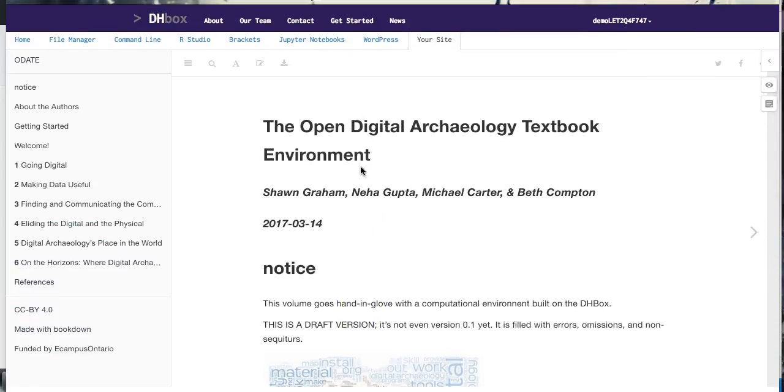And what we have here is a demonstration of the integration of the textbook with the virtual machine that runs via DHBox. So a Linux box with command line, RStudio, Brackets, Jupyter Notebooks. In the final version of ODATE, Open Digital Archaeology Textbook Environment, we're also going to have materials and packages in here that allow the student to try their hand at structure from motion or archaeological databases or other kinds of computational or digital archaeological